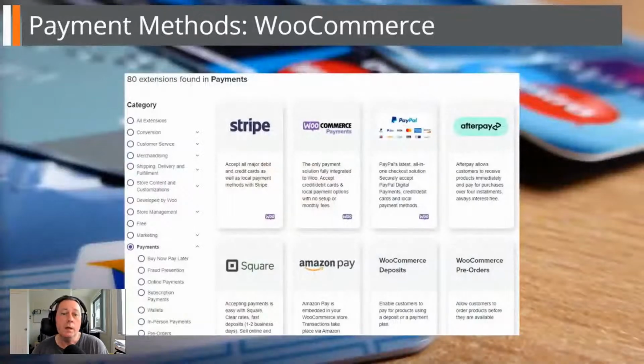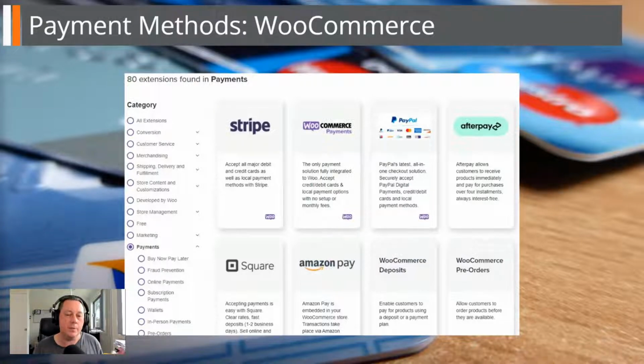Okay, so payment methods. So it's all about money, right? You need to have a good balance of payment methods that straddle costs, commissions, familiarity, availability to customers, and the like. So WooCommerce, the core WooCommerce plugin, comes with the free PayPal, bank transfers, like the manual money options as well. There's also a free Stripe plugin where you can accept credit cards, along with the new WooCommerce payment plugin, which kind of combines PayPal and credit card together.